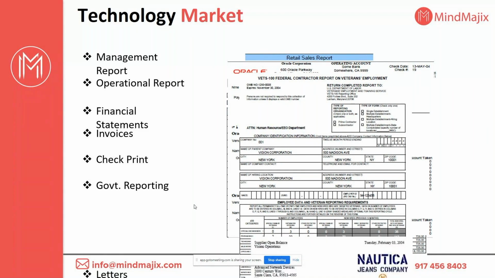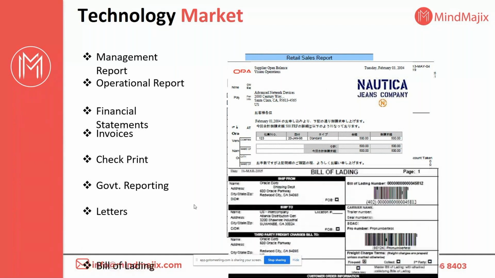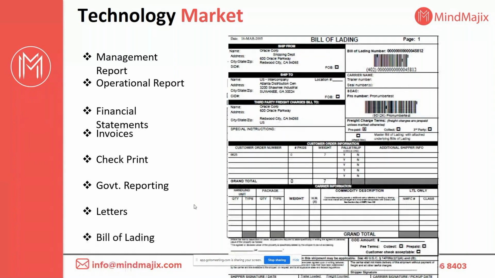And then next goes the letters. This will be an employee letter, or letters which a client needs to send, and those can also be clubbed together. And billing and landing, which will be with the procurement team, like what the company is getting, or the billing they need to send. These can also be treated.